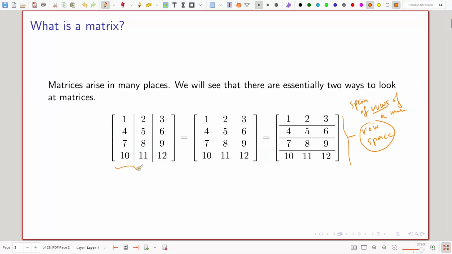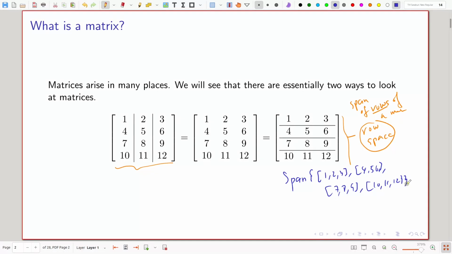The row space of this matrix is the span of the vectors (1, 2, 3), (4, 5, 6), (7, 8, 9), and finally (10, 11, 12).